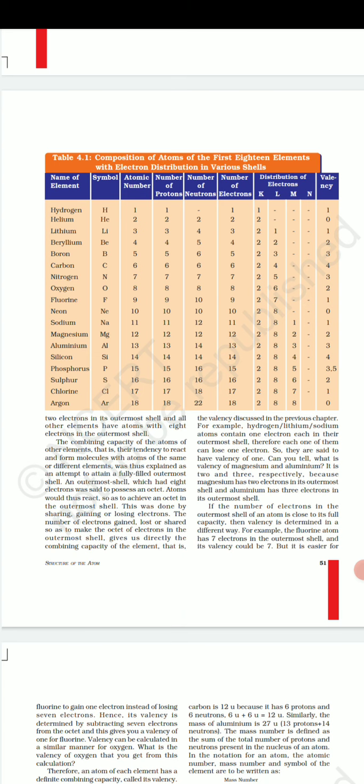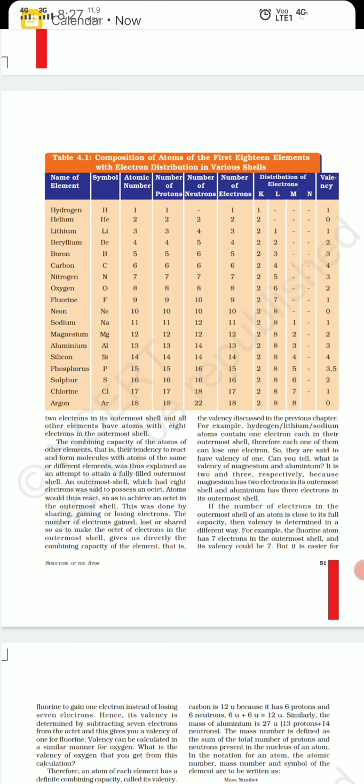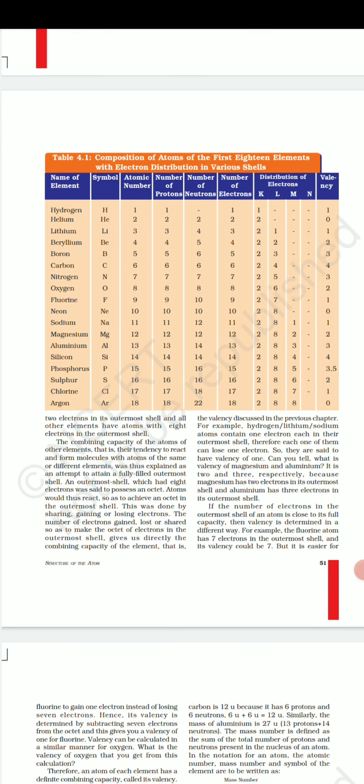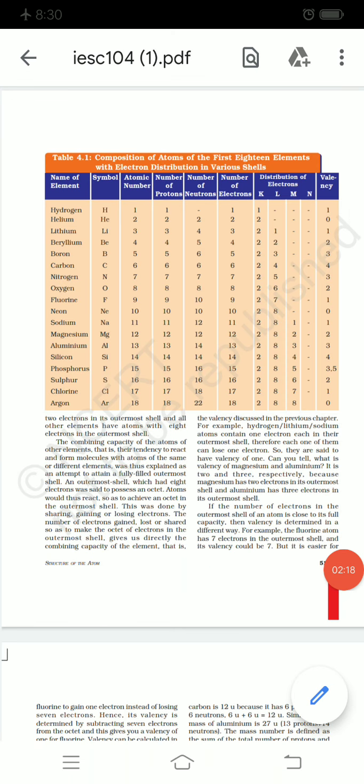For the case of sodium, 2 electrons in K shell, 8 electrons in L shell and 1 electron in M shell. So for sodium, 2, 8, 1. For magnesium, 2, 8, 2. For aluminium 2, 8, 3, likewise for other elements. Then for argon it is 2, 8, 8. M shell also can accommodate a maximum of only 8 electrons. After argon is potassium. For potassium 19 electrons are there. In the first shell 2 will come, then 8, then 8, then 1. After potassium is calcium. In calcium 2, 8, 8, 2.